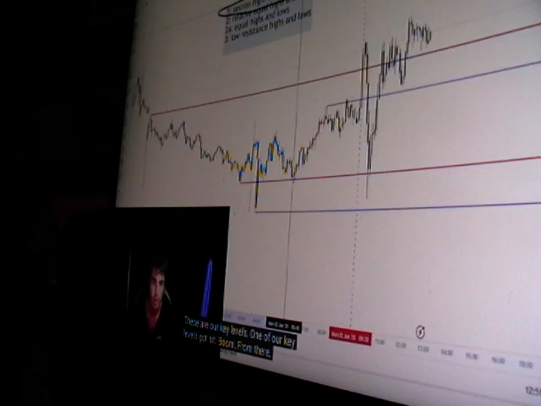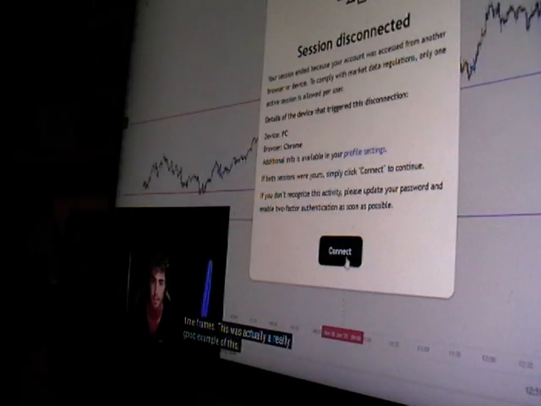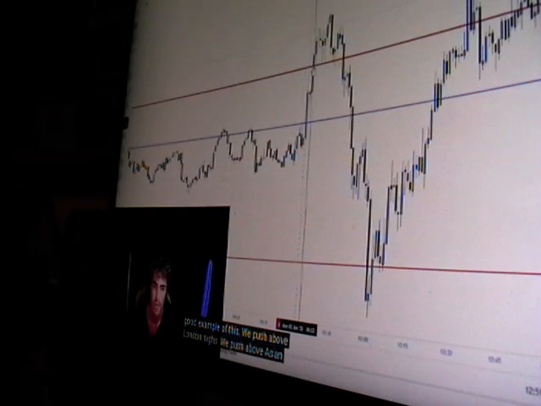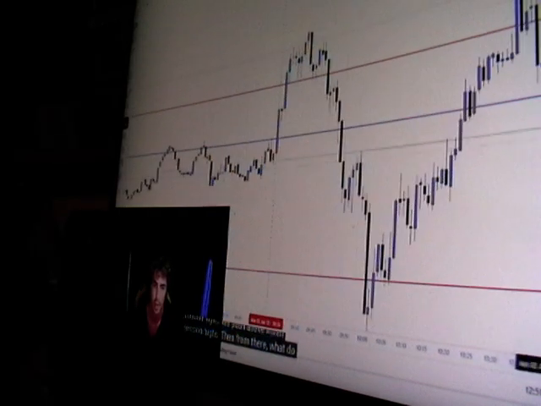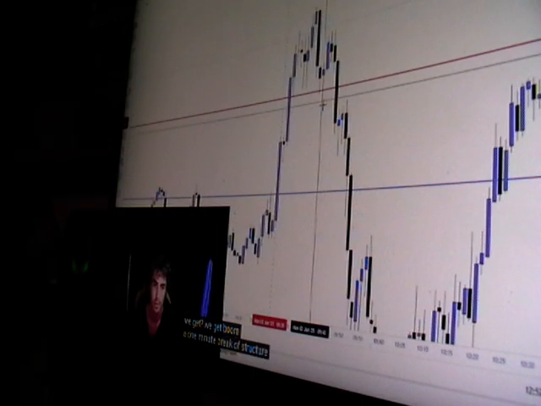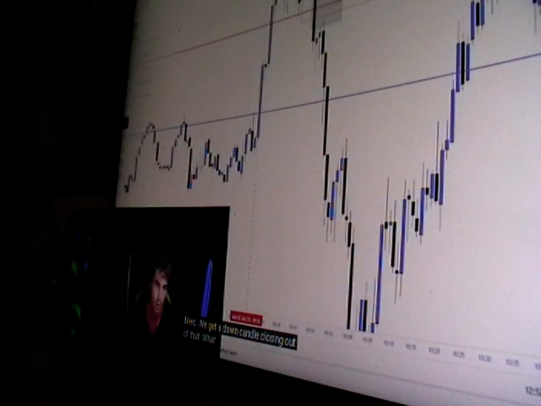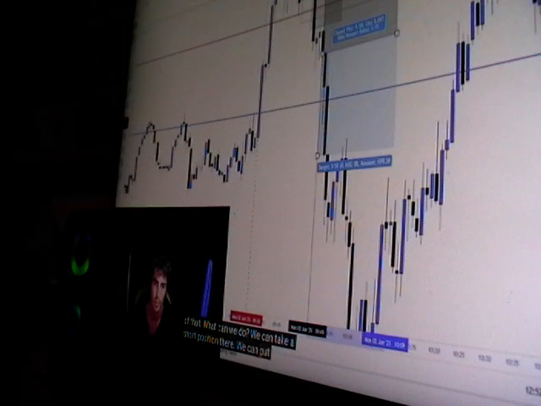Boom. From there, what can I do? I can scale down to the lower time frames. This was actually a really good example of this. We push above London highs, we push above Asian session highs. Then from there, what do we get? We get a 1 minute break of structure right here. And then from there, what else am I going to wait for? I'm going to wait for a fair value gap to get filled. Boom, this fair value gap gets filled. We get a down candle closing out of that. What can we do? We can take a short position there and we put our stop loss above these highs.